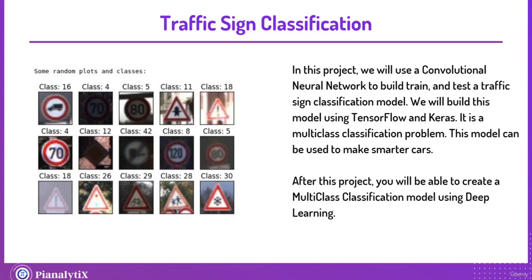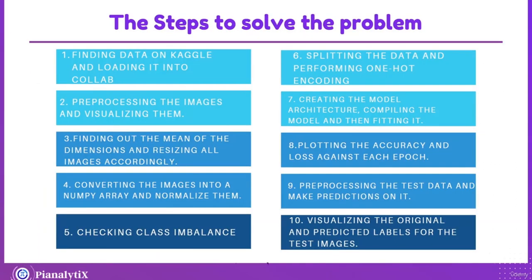We'll build this model using TensorFlow and Keras. It is a multi-class classification problem, and this model will be used to make smarter cars. After this project, you will be able to create a multi-class classification model using deep learning, and more precisely CNN. So the steps involved to create this model are: